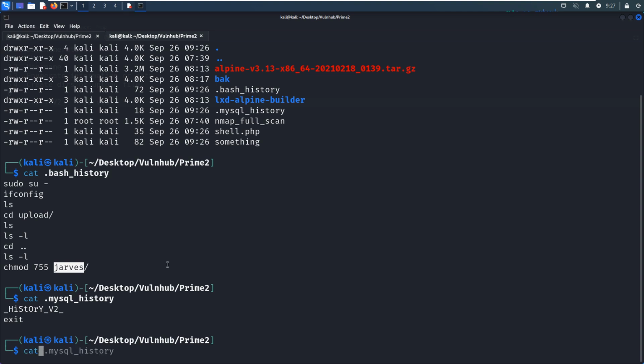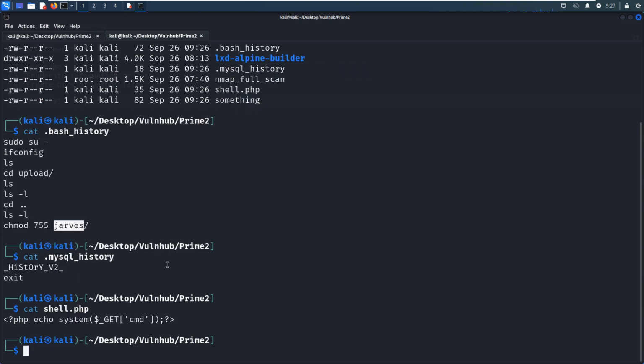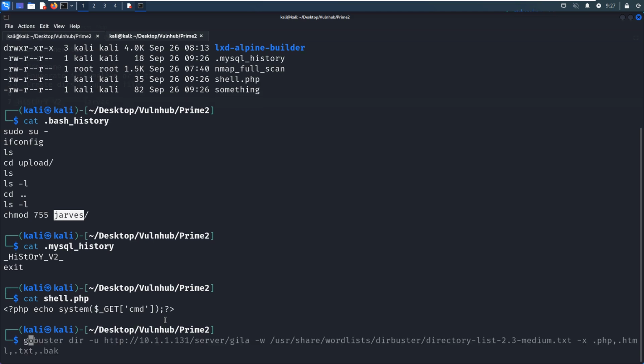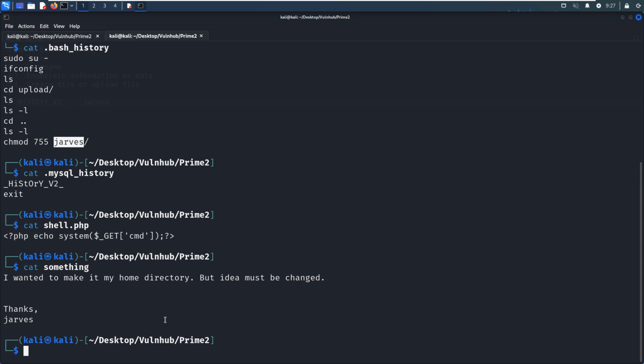And now we can take a look at the shell. So this is the web shell, right? But can we access this file? In this video, I'm not going to try this. Even here, we got another one. So maybe this should be the username, right?